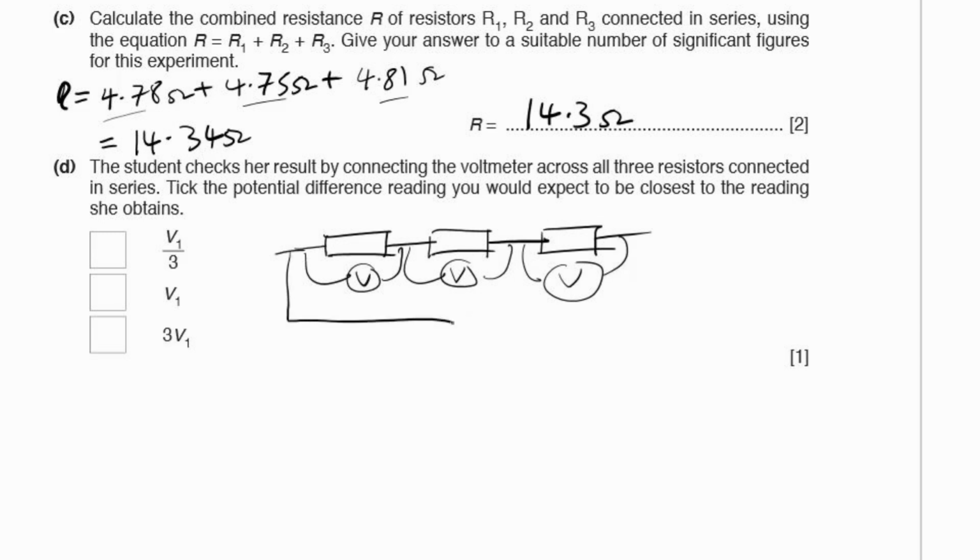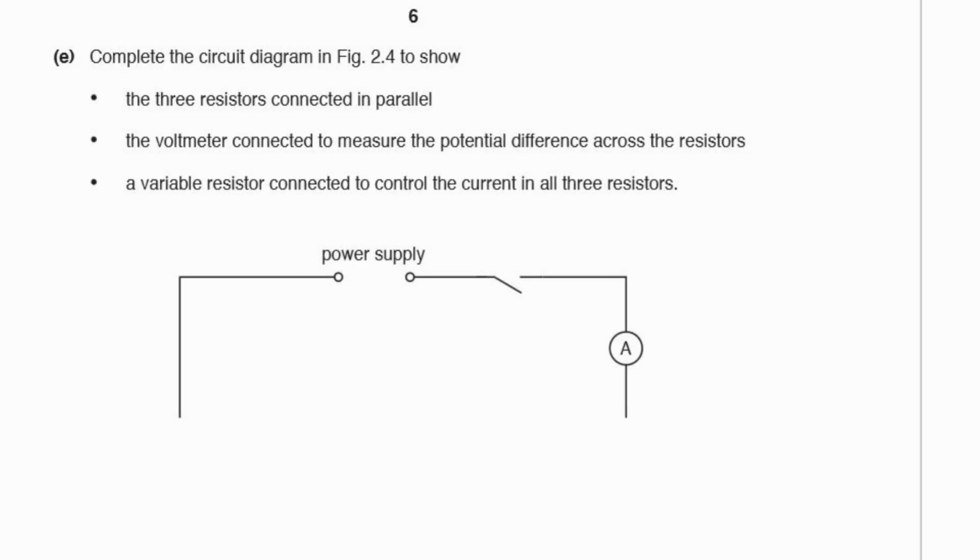Now if she was to measure the voltage across all three of them, then it would just be the value here plus the value there plus the value there. So given they're approximately equal, it'll be 3 times V1. There we go, this is 1, 2 and 3 there, but they're approximately equal anyway. E. Complete the circuit diagram in figure 2.4 to show the three resistors connected in parallel, the voltmeter connected to